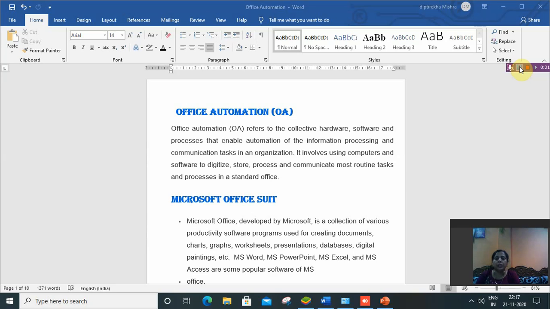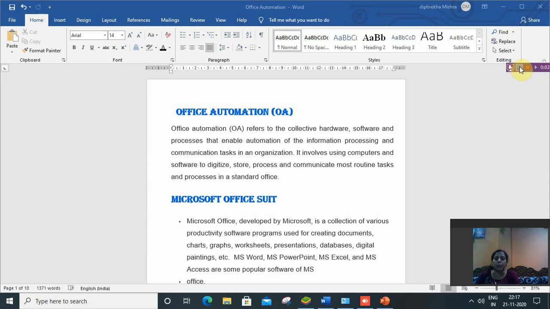For this, in computer we use various types of software. Microsoft Office is one of them, and the Microsoft Office suite consists of many software.